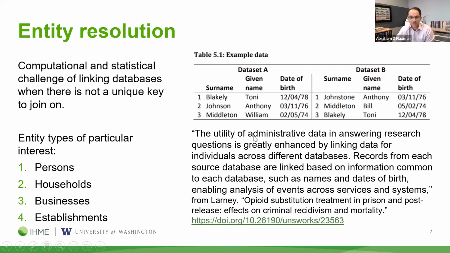There they used administrative data to link together, you know, data set A might be about people who have been through the criminal justice system and have or have not received opioid substitution therapy. Data set B might be data about mortality or about future involvement with the court system that could help us understand the effects of this treatment. And because these different administrative data sets already exist, there's an opportunity to find things out without the expensive, time-consuming, really hard work of coming up with this data originally.